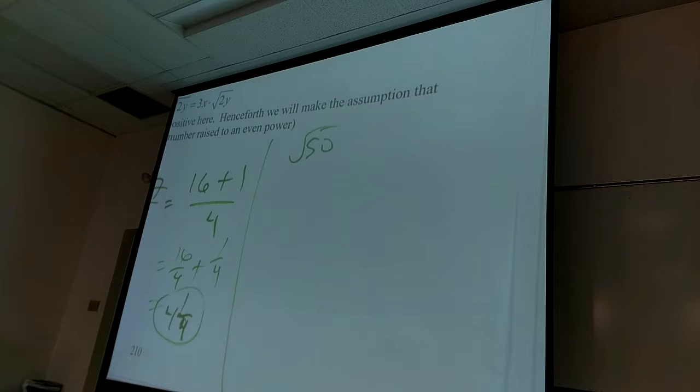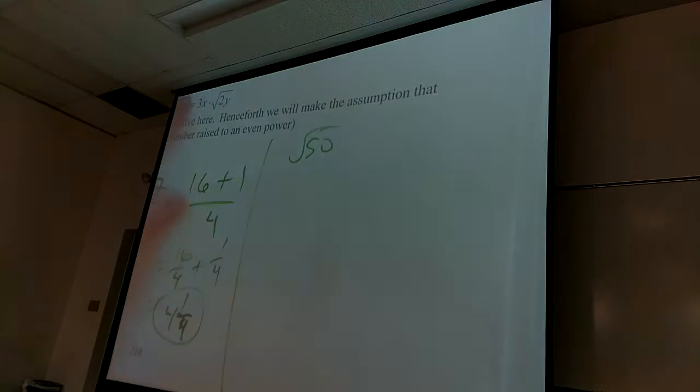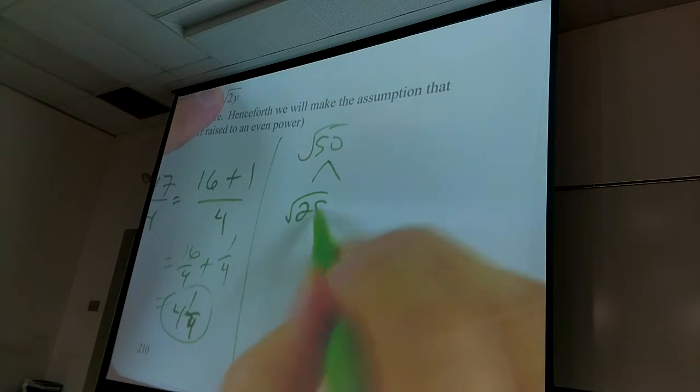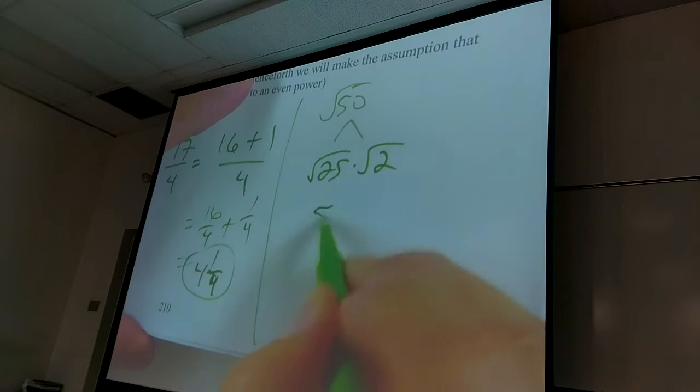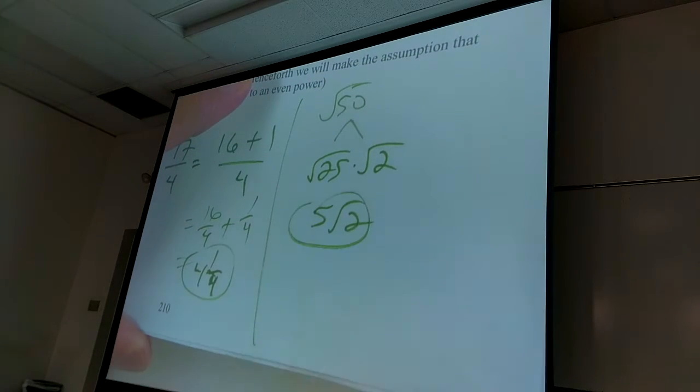So you break it up into a part you can do and a part you can't do. And then guess what you do? You do the part you can, and you don't do the part you can't. It's amazing. So the square root of 50 is the square root of 25 times the square root of 2. Square root of 25 is 5. Square root of 2 is, I do sort of know, but